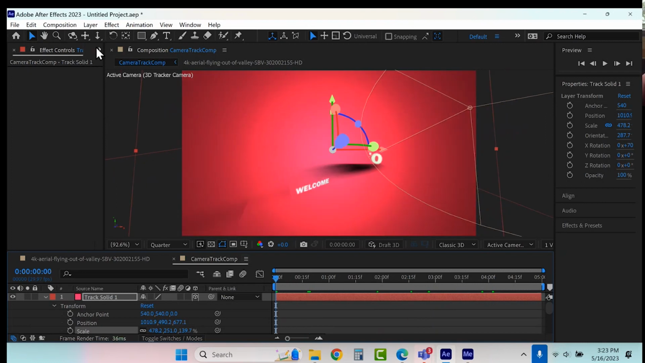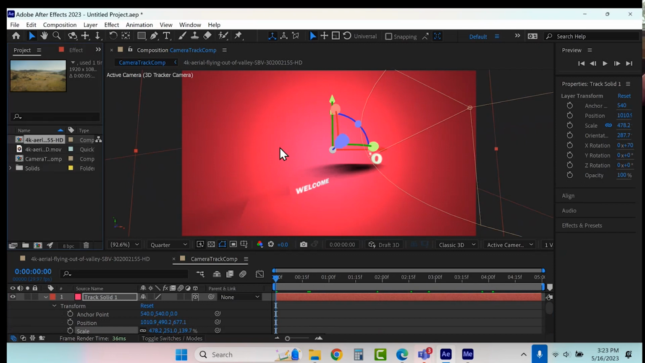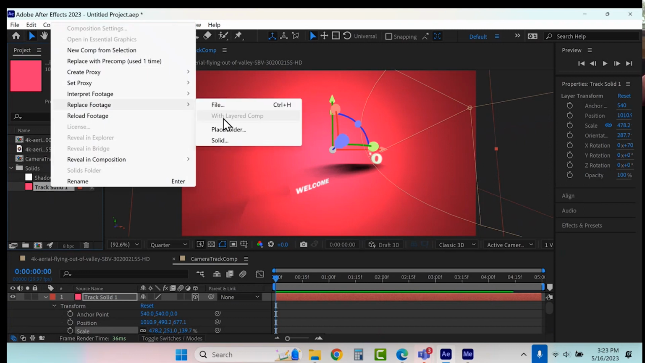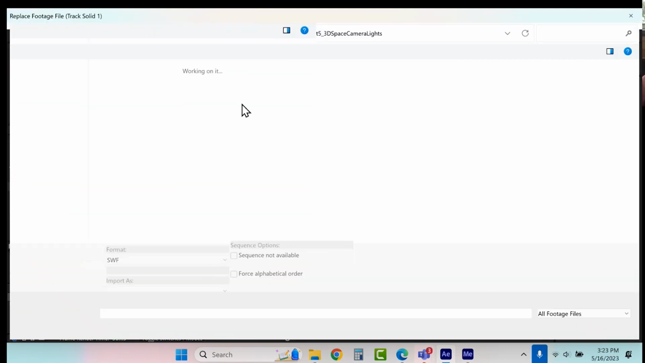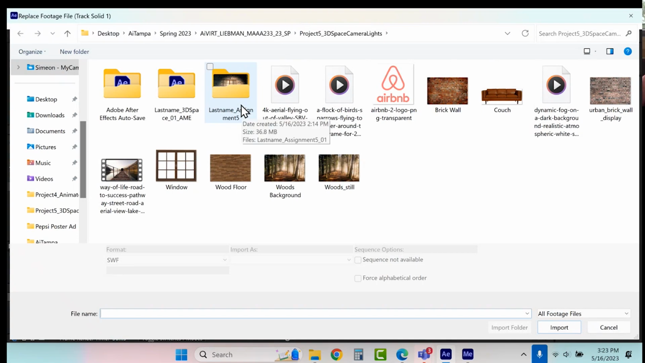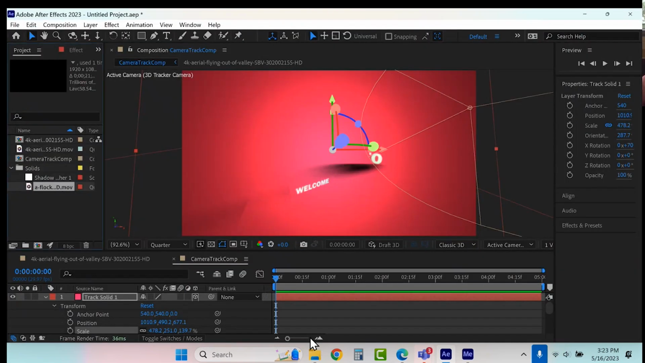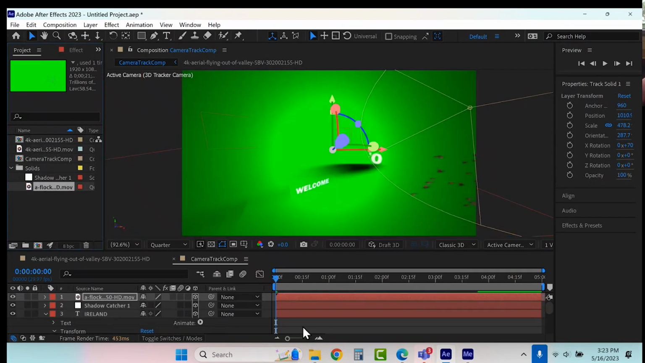Well, I used it just to place. I'm going to open up that solid, here it is right here, and say, hey, replace that solid with the green screen of a flock of birds. Okay, now of course that's just going to replace it and turn it into a flock of birds, but now I